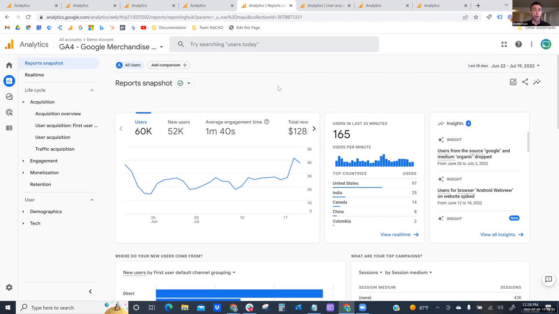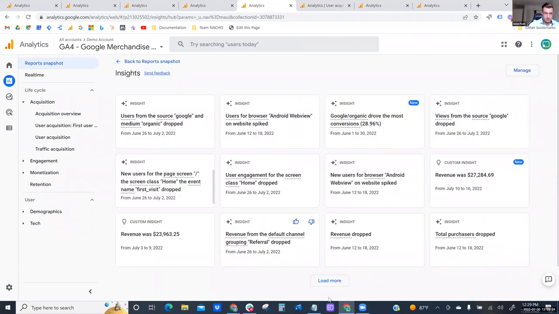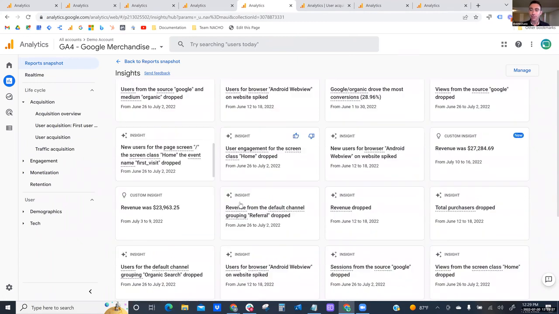Now, guys, I want to point something out here. On the far right of the screen, you see Insights. So Insights is the AI, the ML, the machine learning, the artificial intelligence that Google is hot on, and they're very, very well positioned to do that because they have so much data on the users. And so I would not ignore those tabs. Like if you click into view all insights, I would not ignore those. I would not accept them blindly, but I would look closely at them